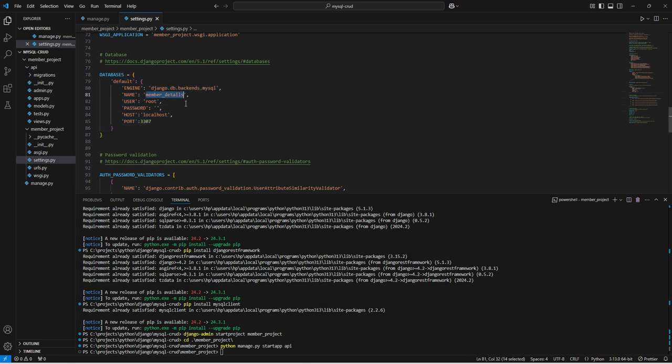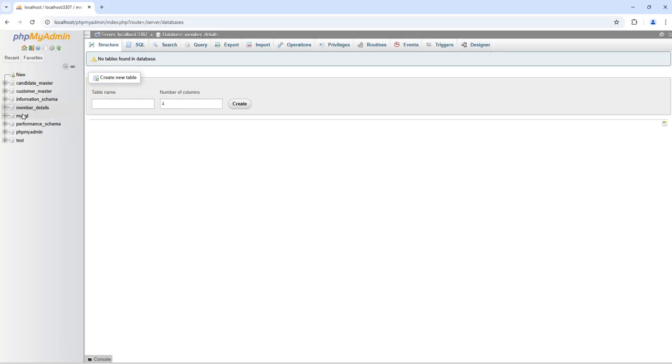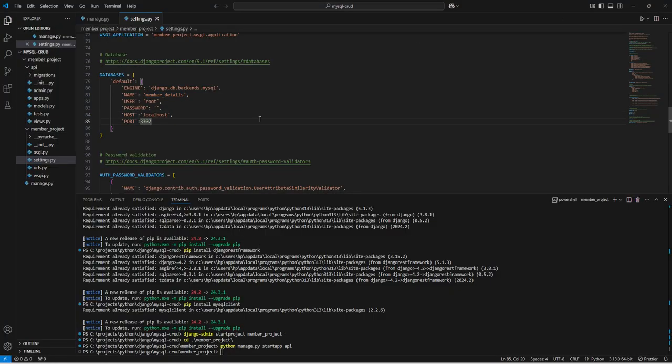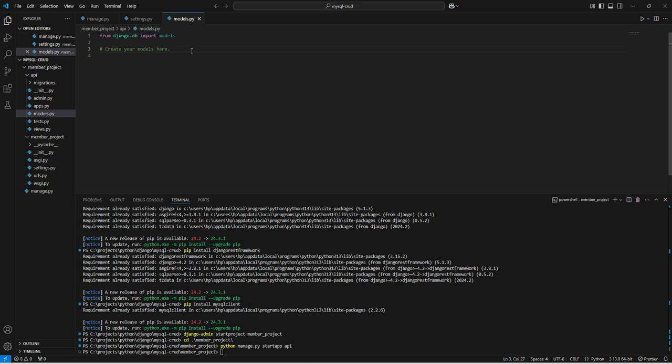So let us check the database name. member underscore details seems good. Okay, fine. So we are done with our MySQL configuration part. Now let us create the model inside our API application. So here we can create our class name,